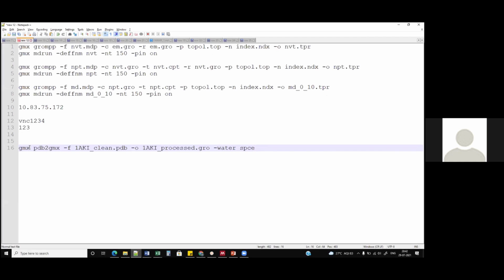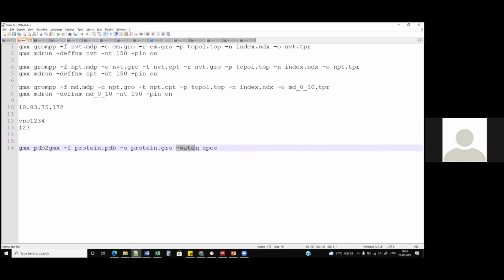Over here it says that gmx is the name of the program. In our case, it's Gromacs, and gmx is the short form. Then this is the actual command which we are going to use in the first place, that is pdb2gmx, wherein we will convert the protein file into the Gromacs readable file. Minus f is for input, so we are inputting this file. In our case, it would be protein.pdb, which we have saved earlier. Then there is a minus o, which is output, so we'll replace this with protein.gro.